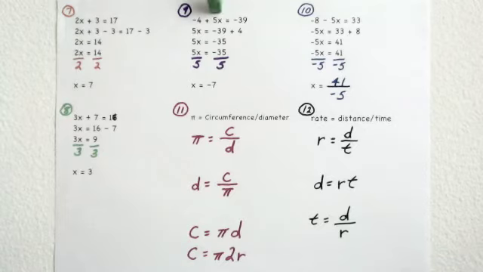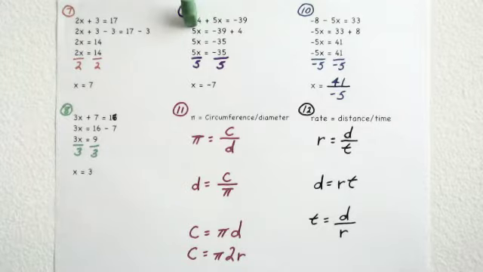Number 9, negative 4 plus 5x equals negative 39. This is the term with the variable in it. So first I must move this away from it. This is negative 4 on this side of the equation. So when I pick it up and move it to the right side of the equation, it becomes positive 4. And then I'm left with plus 5x or a positive 5x on this side of the equation. 5x equals negative 39